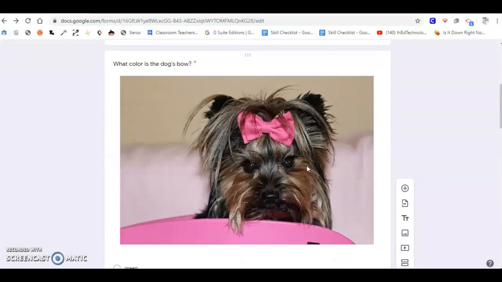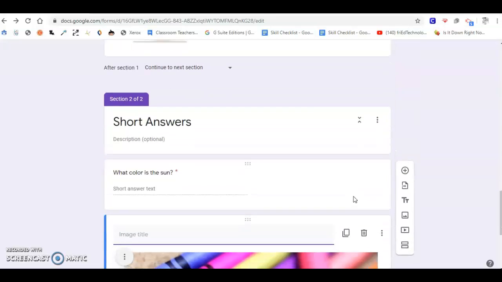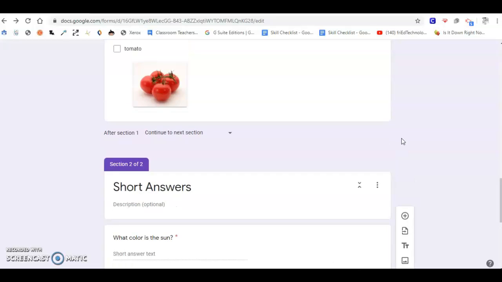Okay, so this is your section 1, your first section, and then this is section 2 with your other sections. So once you have sections, you have the option of making it where they go to one section if they choose this answer, and go to another section if they choose that answer. So let me